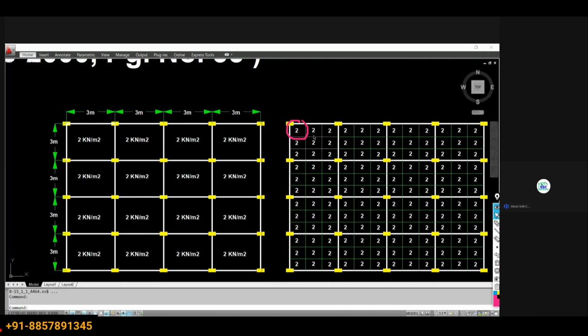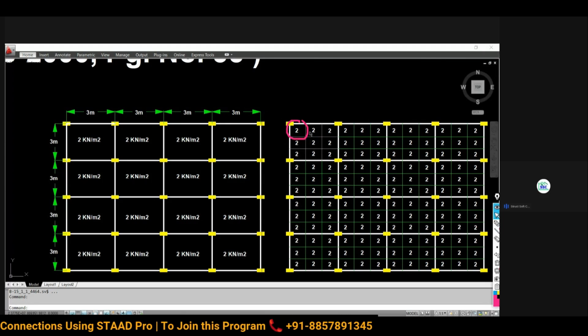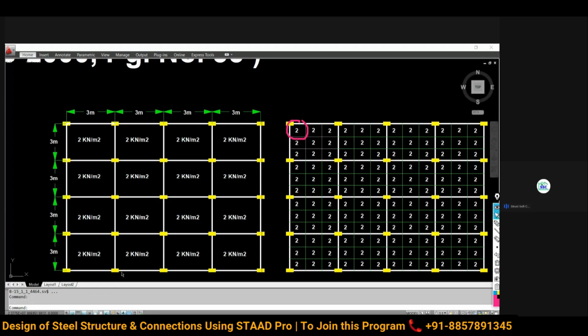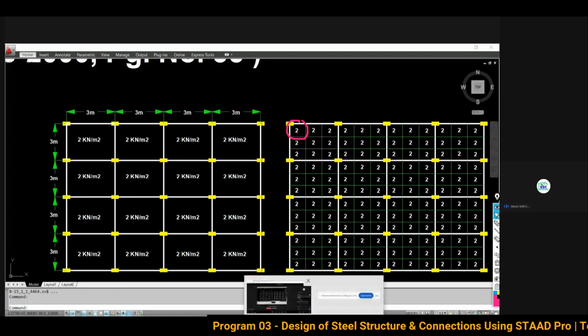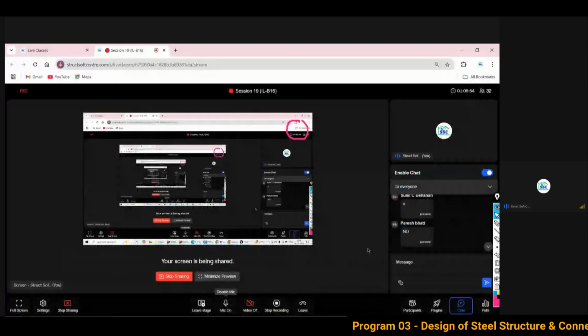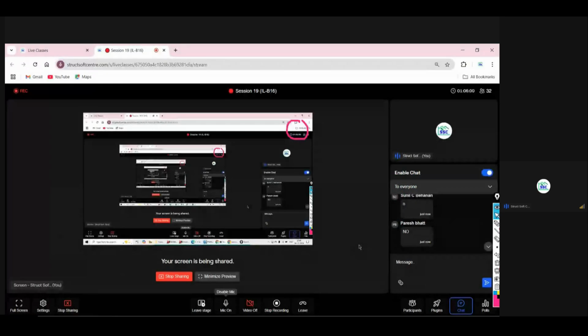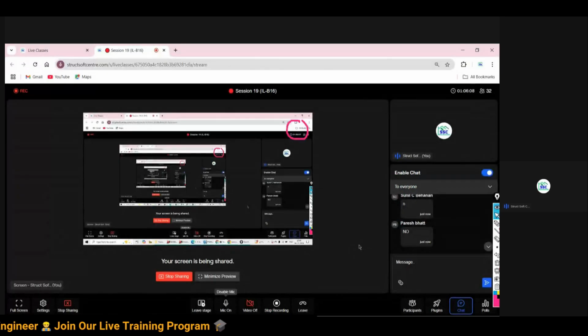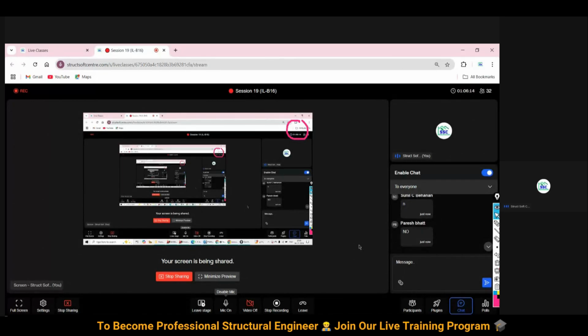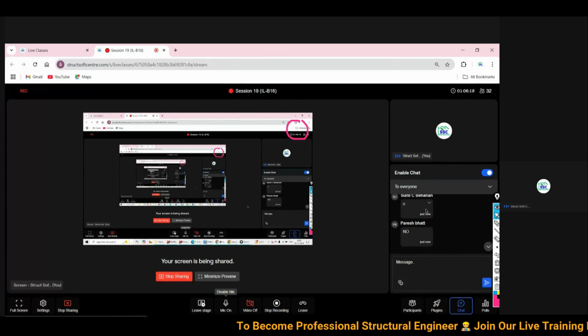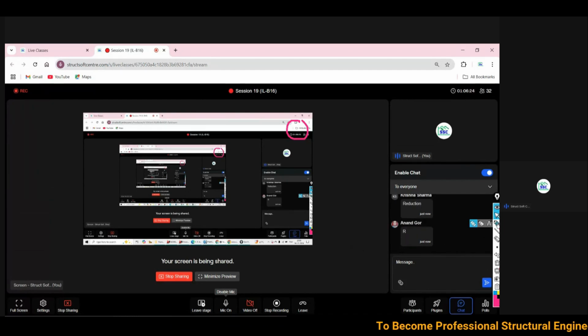Or let's talk about the bedroom, the bathroom, the living room. At every 1 meter square, will the load be there 100% throughout the 24 hours? Yes or no? That is not possible. So while doing analysis and design, we should make some consideration. Will that consideration be towards reduction or towards addition? Tell me, what should it be? It should be reduction. This is the reality.